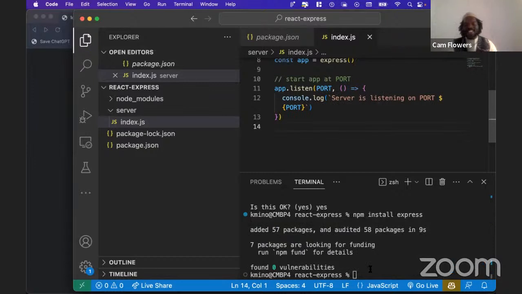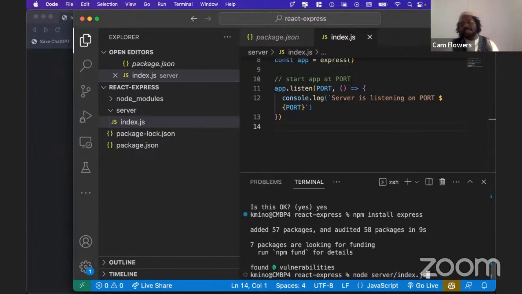But once this is saved, if I want to run this particular code, I could do that by just saying node, and then I have to pass a particular path to a JavaScript file, right? Clearly, right now I'm inside of the top level folder, so I'd have to go into server and then index.js in order to run this file. That would look something like this,